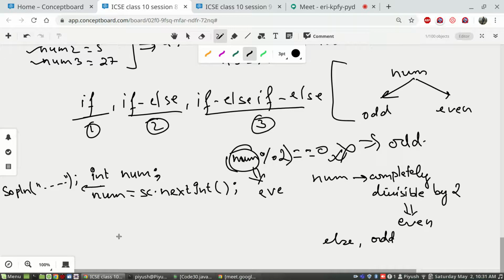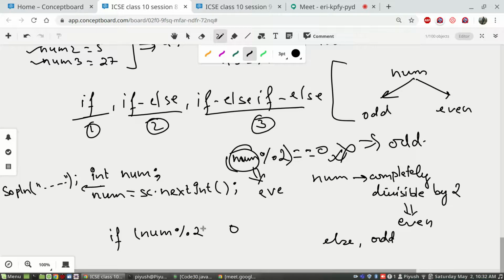So in the if condition, we'll write: if number when divided by 2, this will give you the remainder, this entire thing.